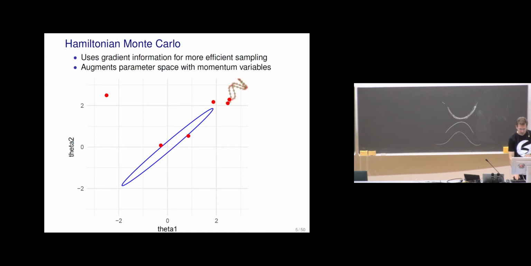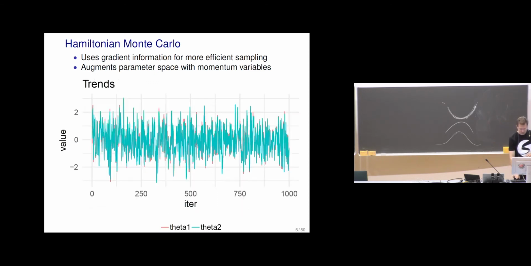And you can see that even if there's a high dependency, it can quickly move along this narrow path using this simulation and then quickly move around this density. If you remember the trace plots from last week, this looks much more noisy.